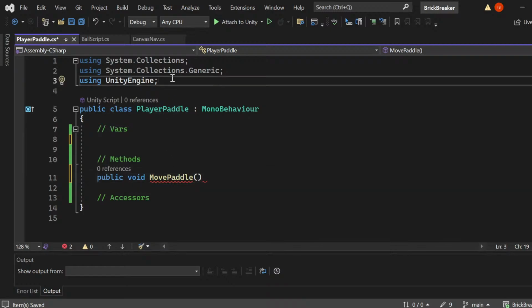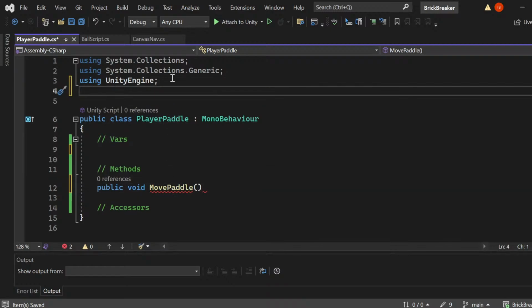There's one using statement that we'll need because we're going to be using an input action context. So we need to be using